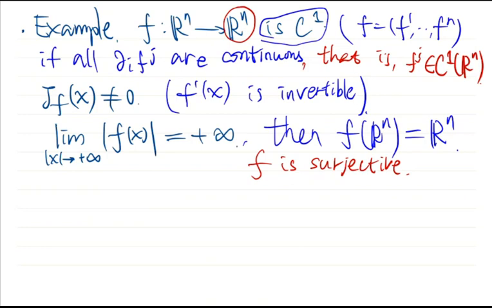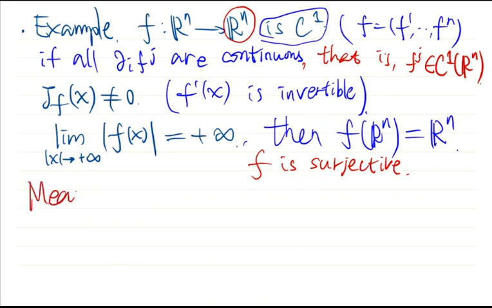So this is a very classical result. You cannot prove this result yet, but you will soon know how to prove it. Okay, so this is an interesting result. In this example, we use the notion of differentiability and also the Jacobian. So why is this result very remarkable? This result means